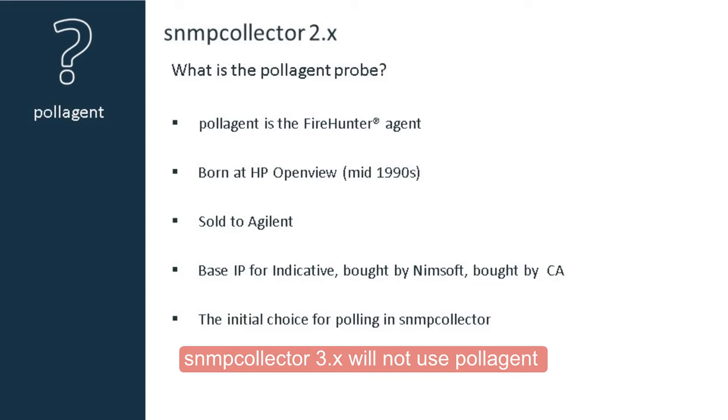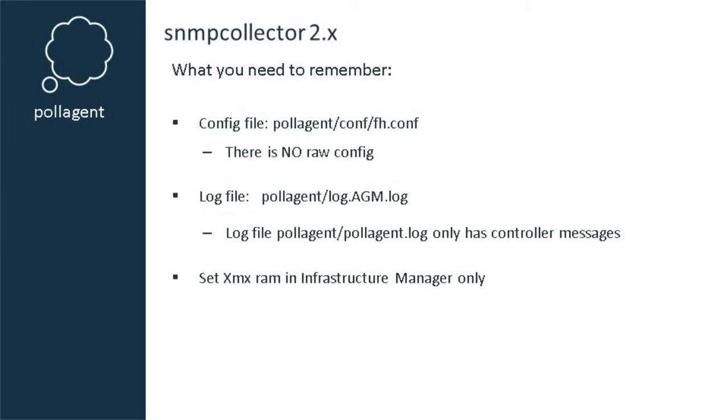Pollagent is code that was originally developed at HP in the mid-1990s, and was then, over the years, acquired by several companies. It remains the polling choice for the SNMP collector probe, as the code is very well written, tested, and is very scalable. However, there are some unique characteristics, due to its varied life cycle, that you should know